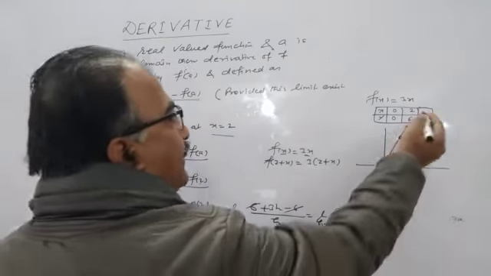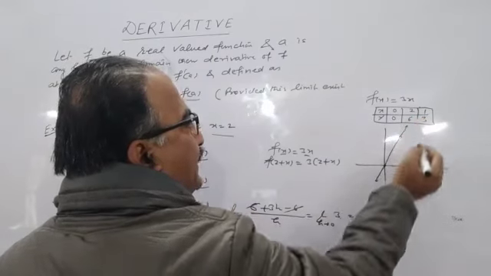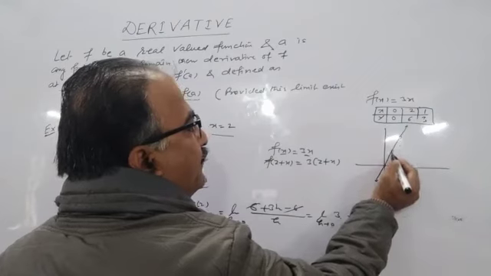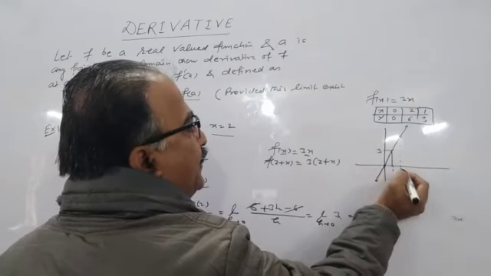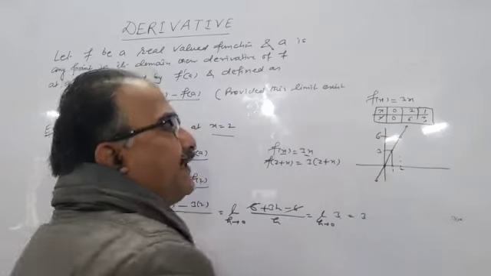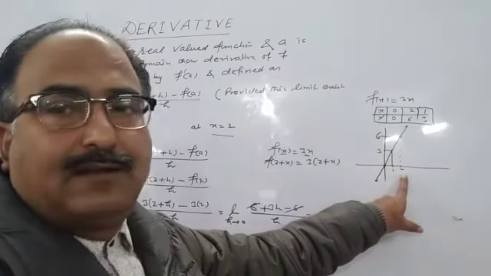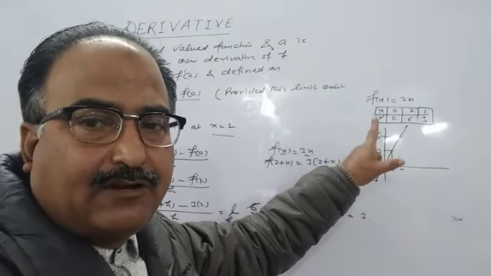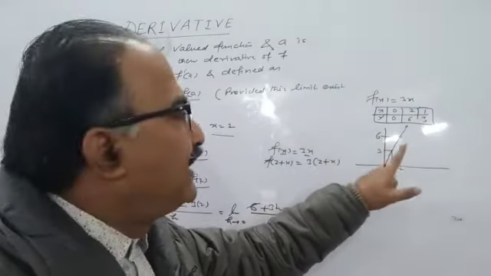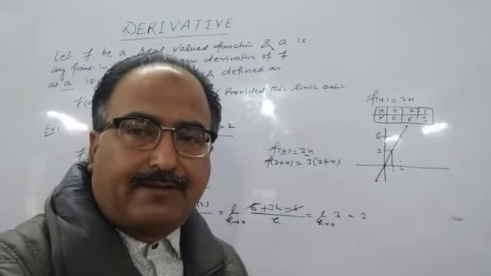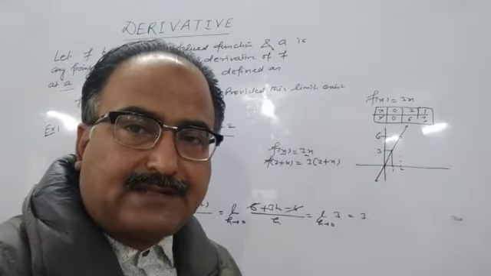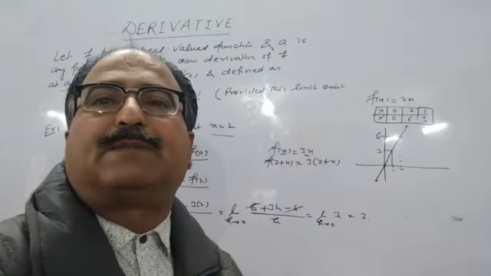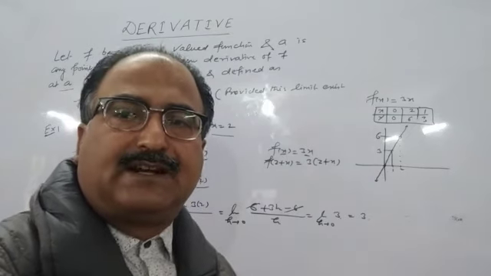Now, if I put here 1 into 3, 3. So at 1, its corresponding value is 3. This is the value. This is 3. At 2, its value is 6. Now you see, if unit change is there, then the corresponding change in f(x) is 3 units. It means the rate of change of function with respect to 1 unit is 3. Is it clear to everyone? So derivative tells us the rate of change of one variable with respect to other. Now further I am going to explain a little bit more. Just here certain more examples.